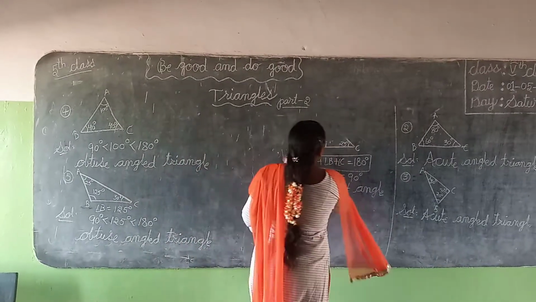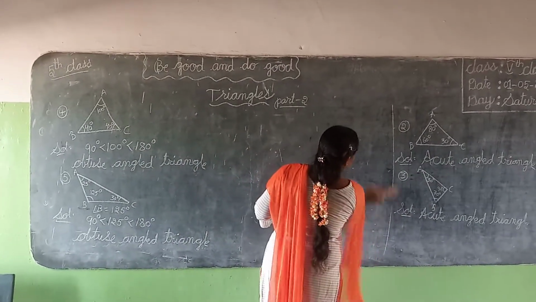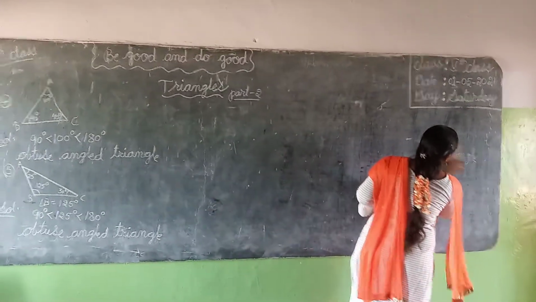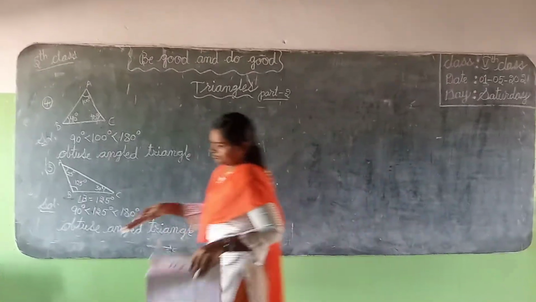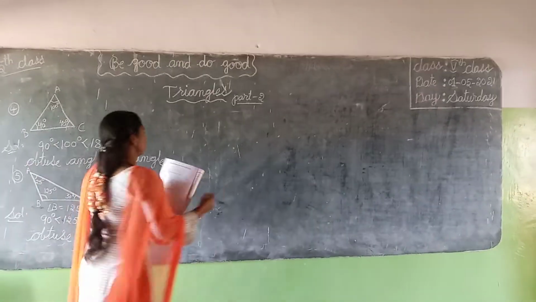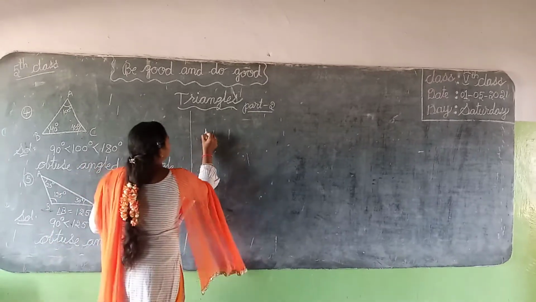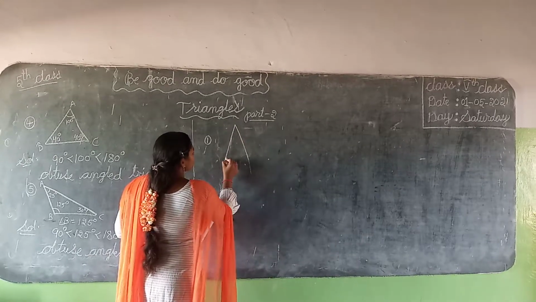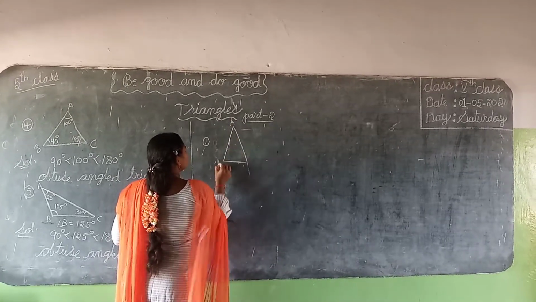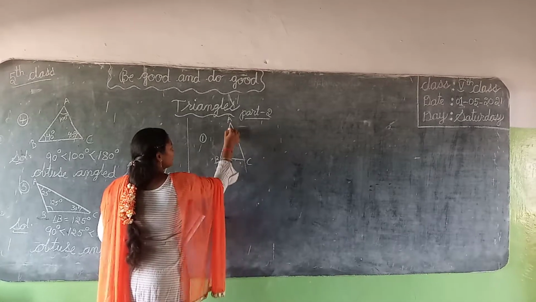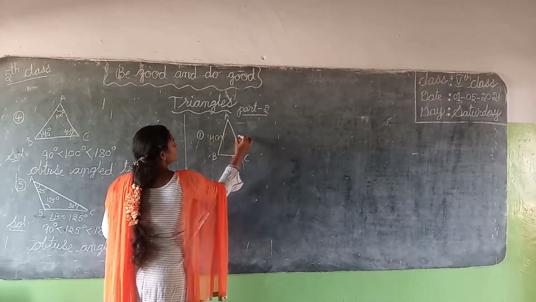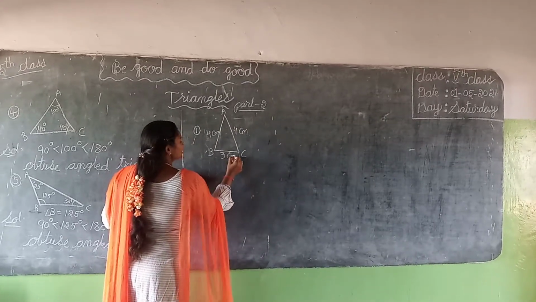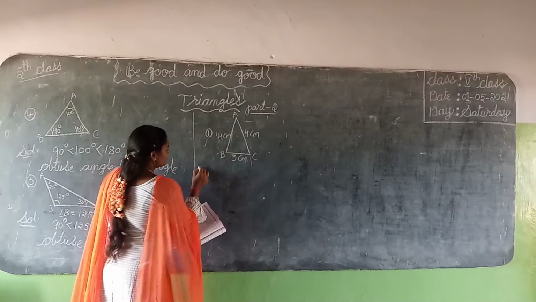Put that heading and draw the first question. So in the first question, what is that first question? So the sides of these triangles. Vertices A, B, and C. So AB is equal to 4 centimeters, AC is equal to 4 centimeters, and BC is equal to 3 centimeters. Now look at your textbook, okay?